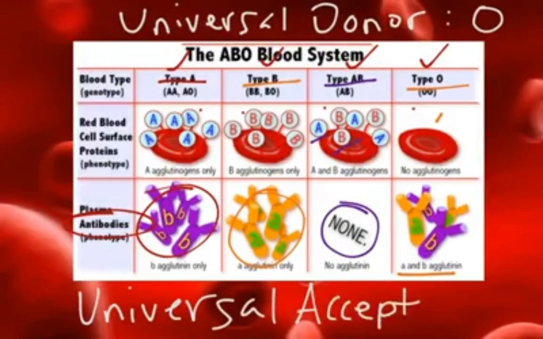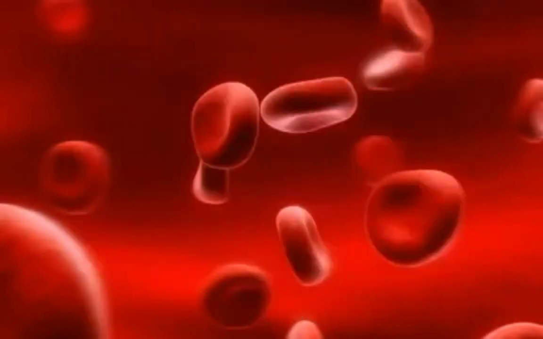And what that means is that you can accept blood from people who are type A, people who are type B, people who are type AB, and people who are type O. So let's look really quickly at the actual genetics of